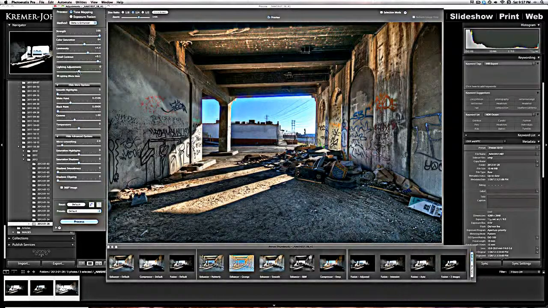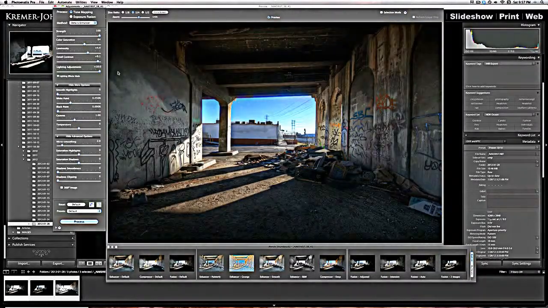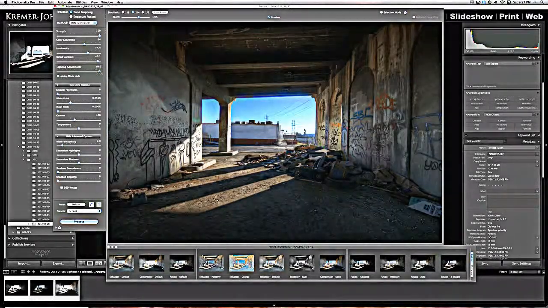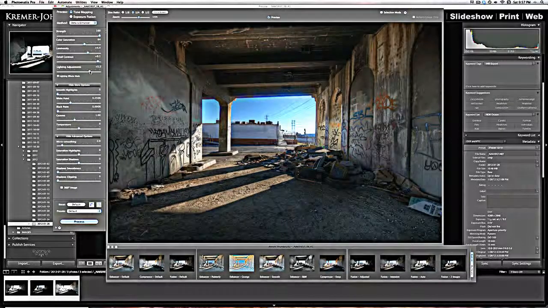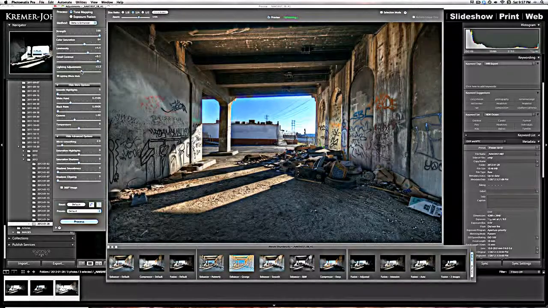This is, I think, the most important slider. Lighting adjustments. Go all the way down here, and it gives you all the light. Go all the way down here, and it gives you none of the light. We want to find the area we're looking for. Slide it back and forth until I like that. I like that. It's a little bright, but that's okay,